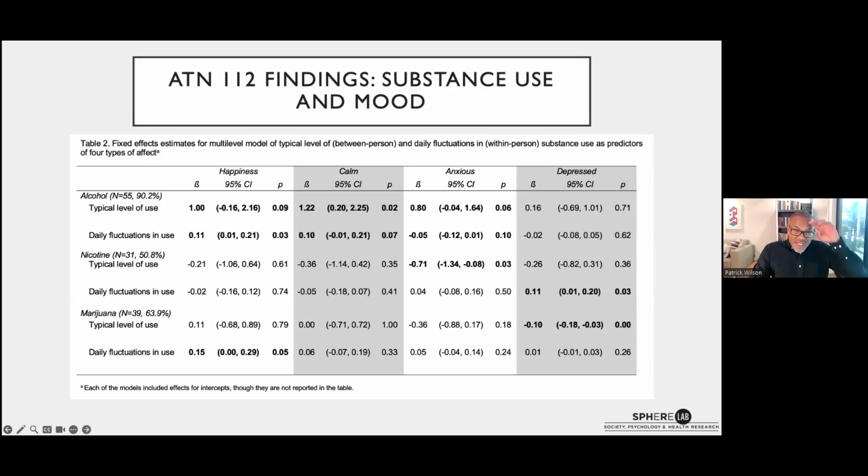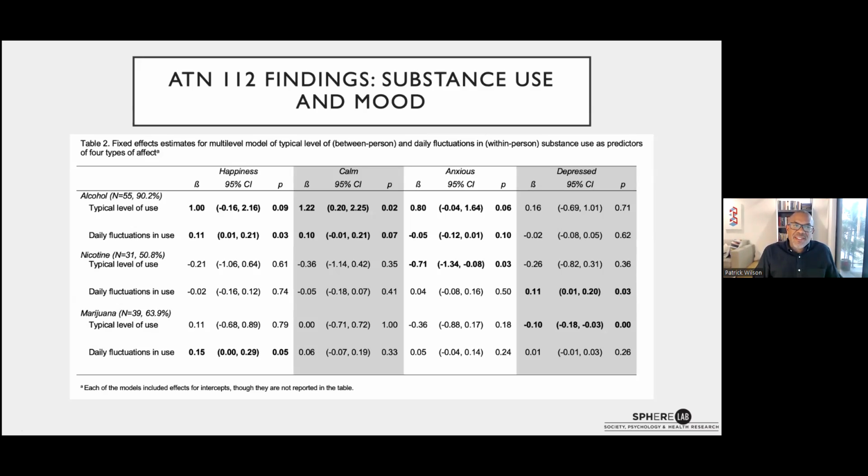We have looked at the relationship between these behaviors of alcohol, nicotine, and marijuana use, and how they relate to happiness, calm, anxious, and depressed mood. Some of these effects that I'm showing you are at the trend or marginal level of significance, but I really want to highlight